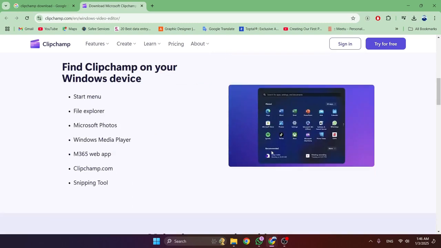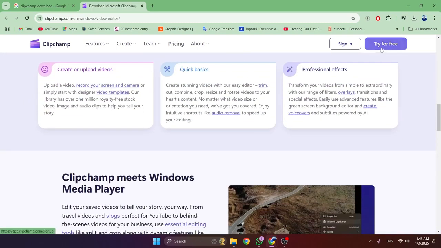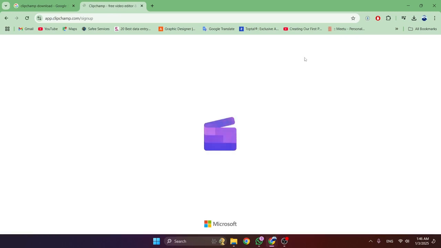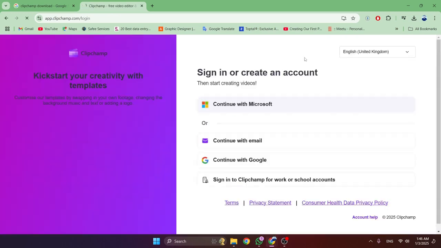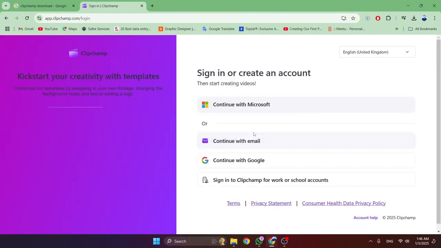For downloading this, simply what we have to do, we have to click on Try for free, or you can also click on Sign in, and then you have to provide your details, and after that you can download this, you can use this. So as you can see now, we just have to sign in, and after that we will be able to use this. So in this way you can download Clipchamp, and in this way you can use it